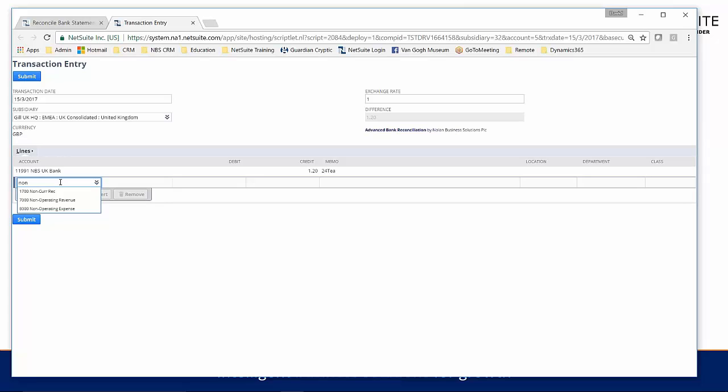So I'll go into non-operating expense. I'll put in a debit for £1.20. I can put in a memo. And if I submit that transaction,